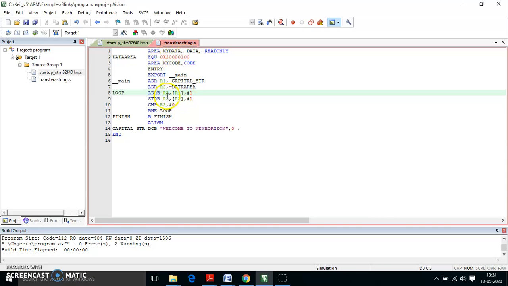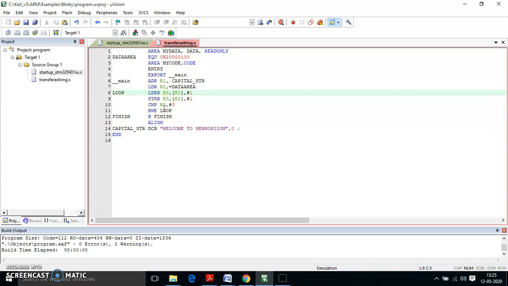Now the first character, W, with its equivalent ASCII value, is already available in R3. So that will be moved from R3 to R2. When I say R2, it means the designated memory location 200000. Whatever the relative address was holding, the ASCII value of W, is moved to R3, and again from R3 it is moved on to R2. Now the first character is moved from R1 to R2 via R3.